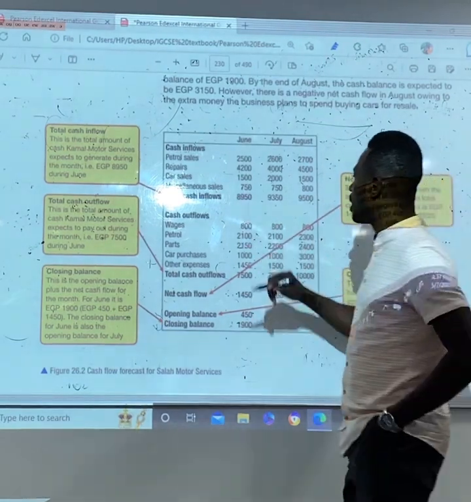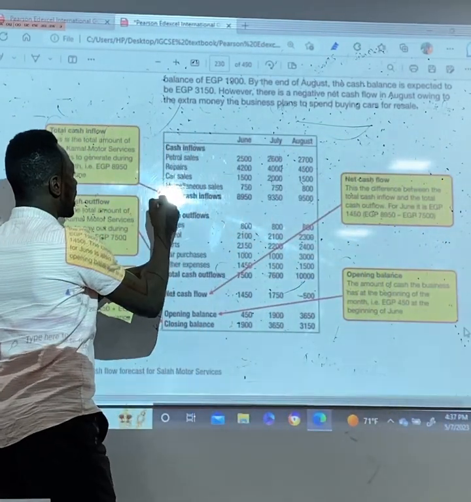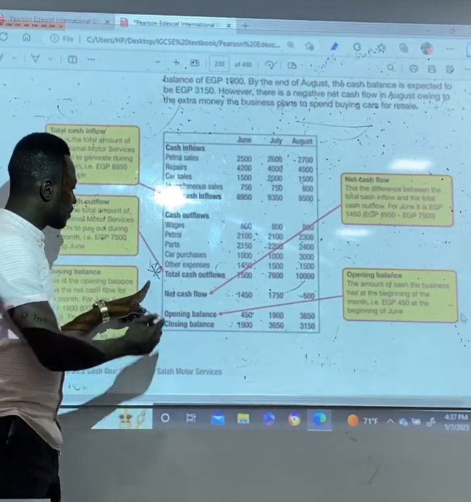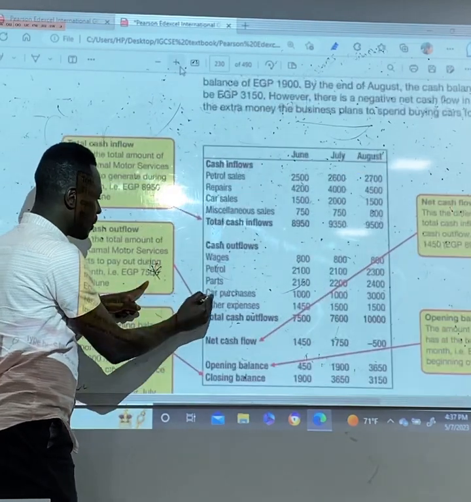First thing, let's look at our total cash inflow. This is our cash inflow. This is our cash outflow. Please look at the board, please. The difference between this and this gives us our